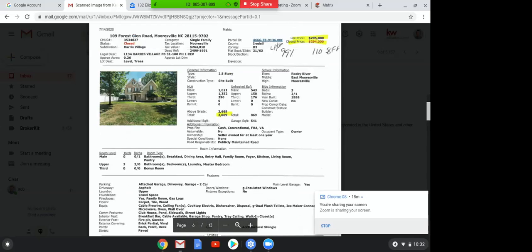At 309, was this an overpriced listing? Yeah. Would you still take it? I would. And then finally, 170 days later, the